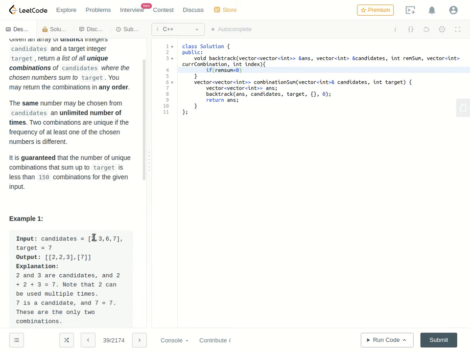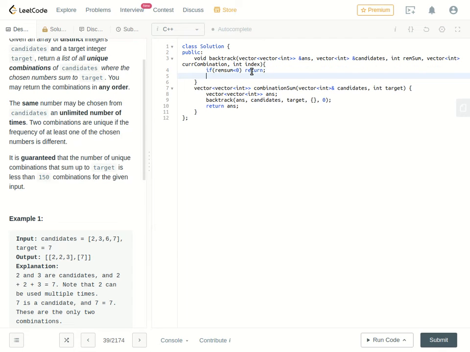For example, if you use 2 and 3, you cannot form 7 with the remaining elements. That means the remaining sum will be 7 minus 2 plus 3. Therefore, you cannot form 2 from the remaining elements. So if the remaining sum is less than 0, you just return. You don't process further. If the remaining sum is 0,